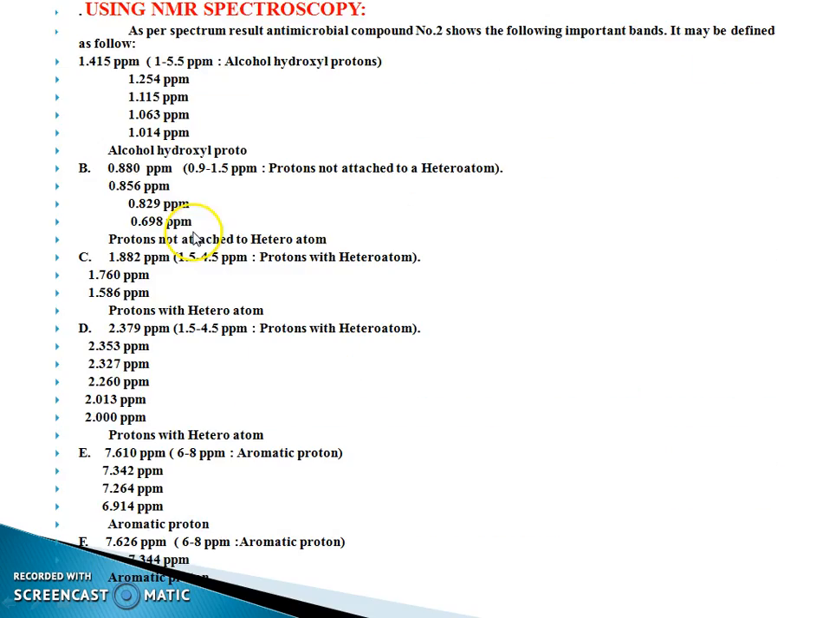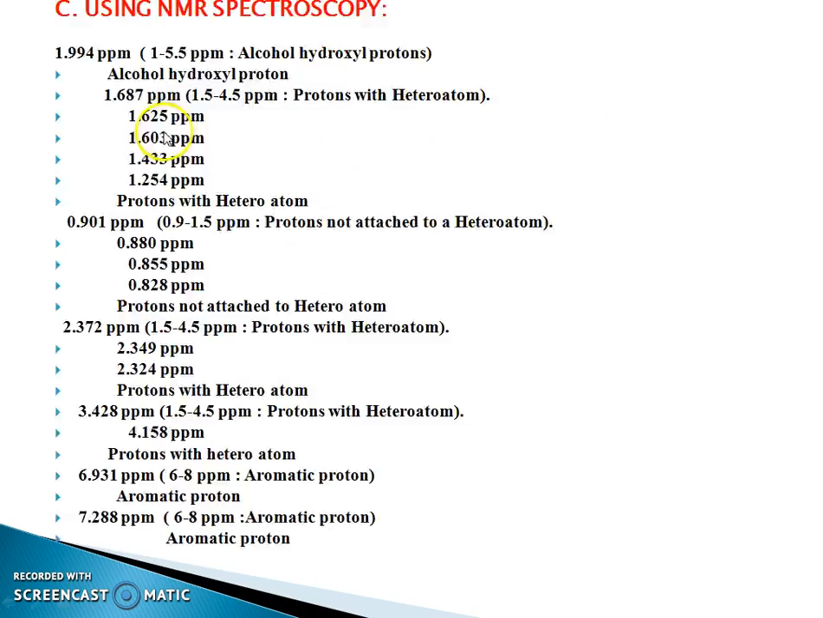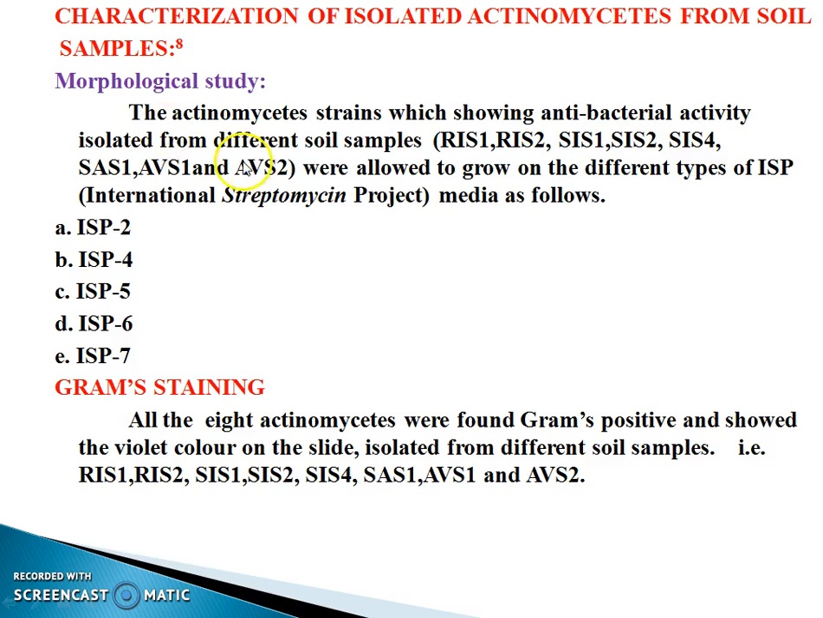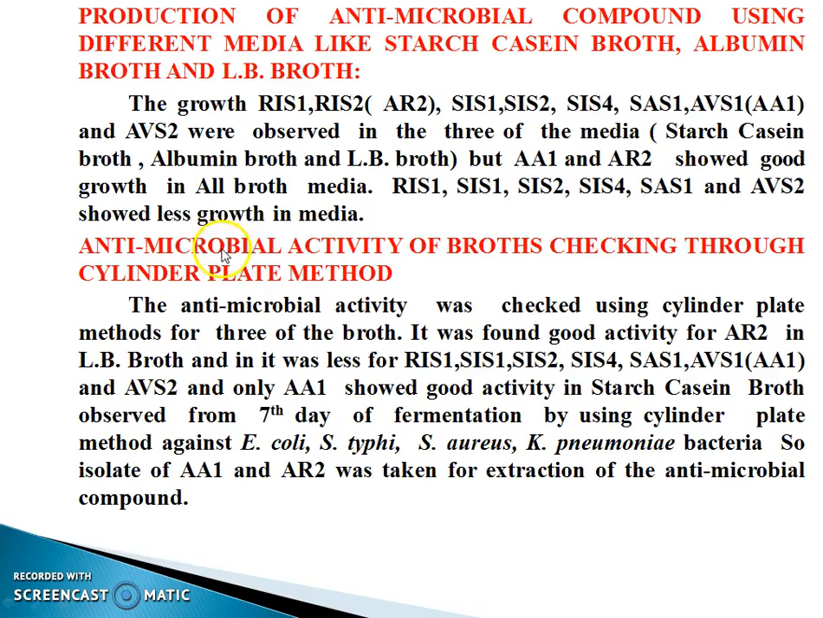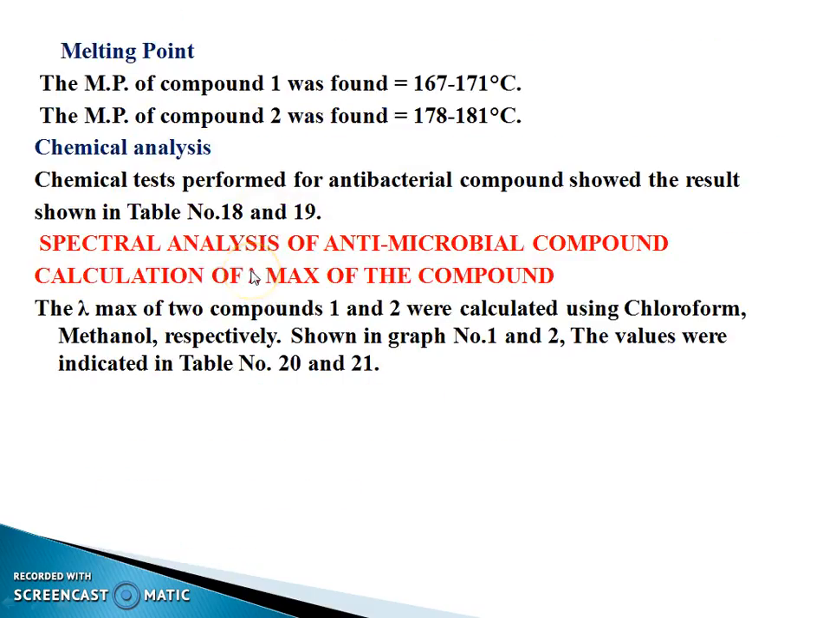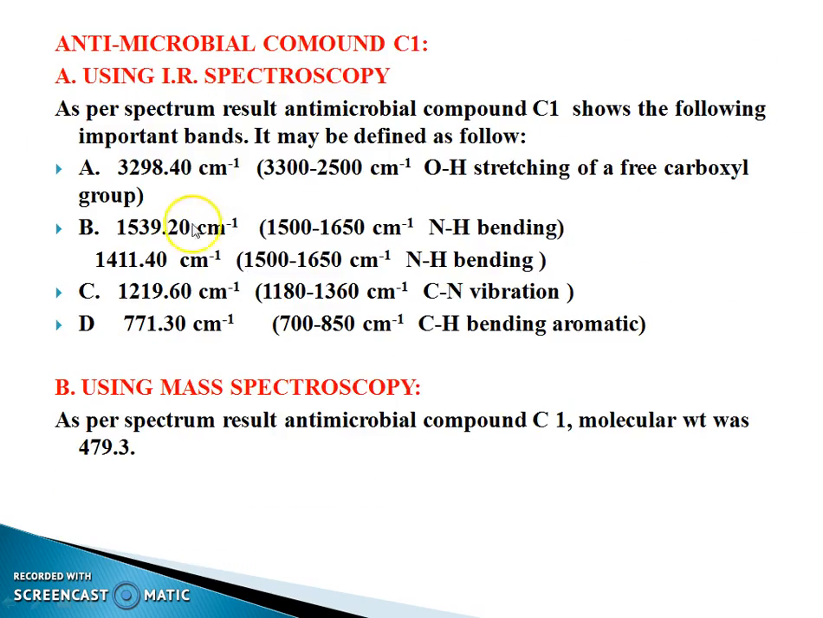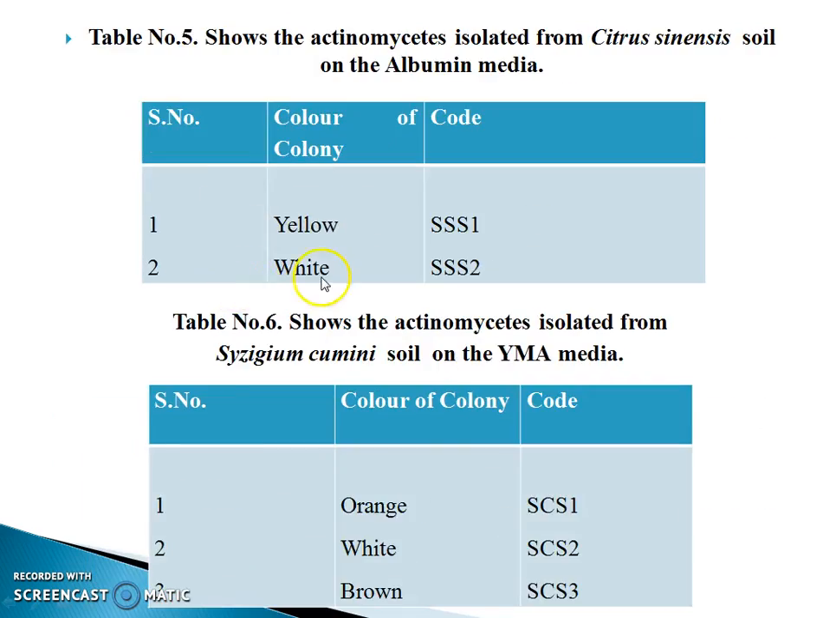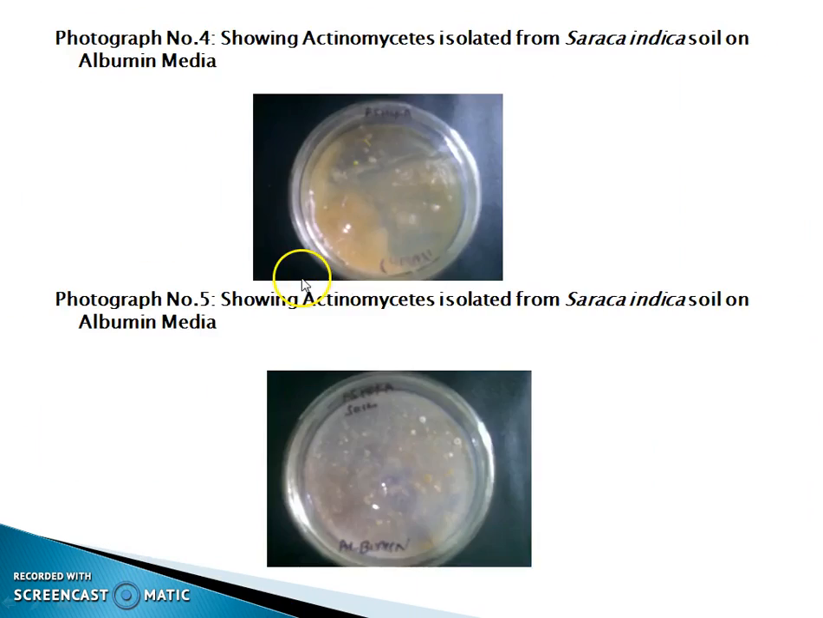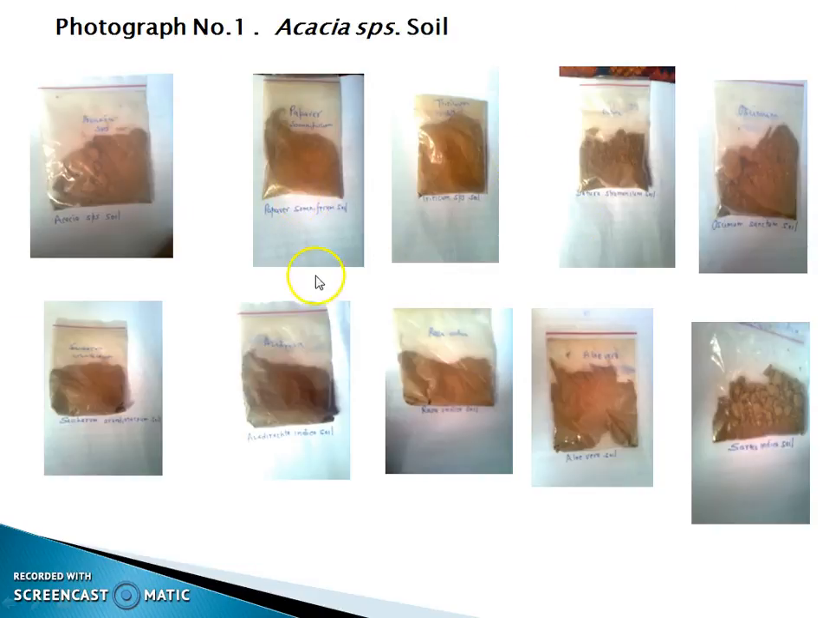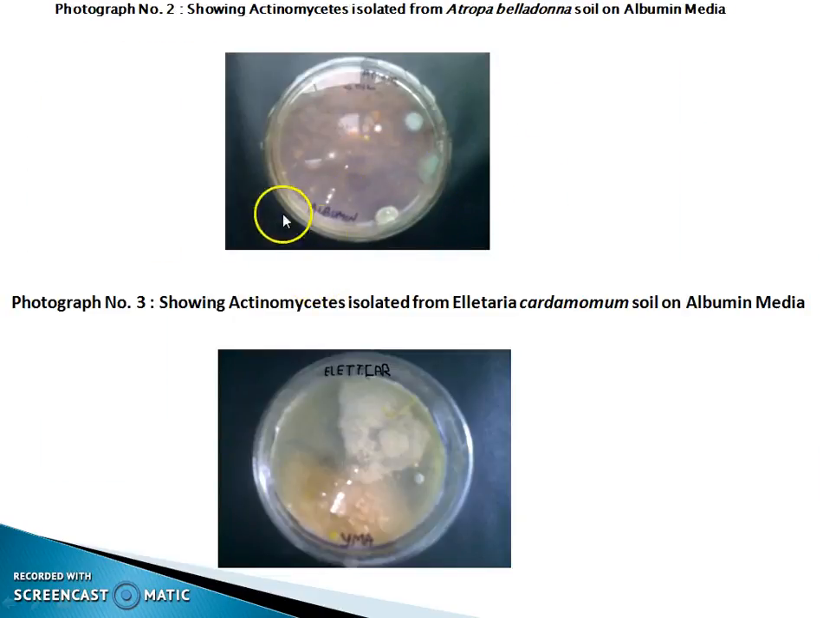As we can observe in the slide, ISP2, ISP4, ISP5 and ISP7 tests were performed, and then these are the biochemical tests, and at last IR, NMR and mass spectroscopy of the compound were performed. And as we observed in our slide, these are the soil samples, and these are the actinomycetes which are shown in the slides,